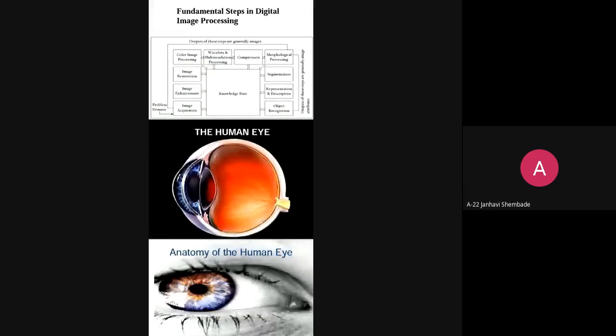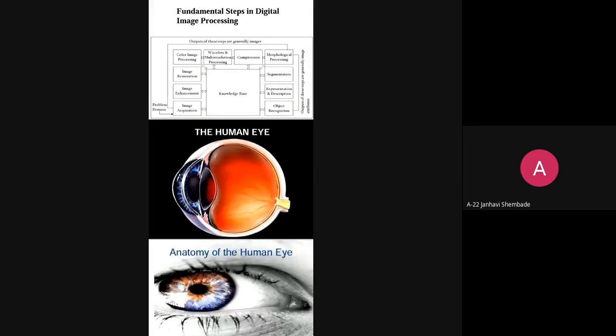So in the last lecture, we studied the various fundamental steps in image processing, meaning what kind of steps and what kind of operations we can apply in image processing. The basic aim of image processing is that, by using it, we can turn our imagination, the objects we imagine, into reality, by using various hardware and software components.